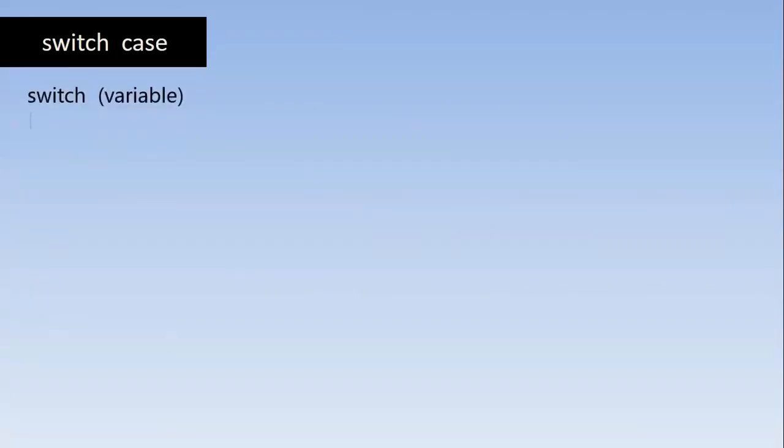Switch is a keyword. You must write that word in lower case, followed by the variable inside parentheses. When we open the switch structure, we put the keyword case followed by a constant value, which may be a character or an integer. Then we put a colon, followed by one or more statements which are going to be executed when the variable matches with value 1. All these statements are ended by a semicolon.